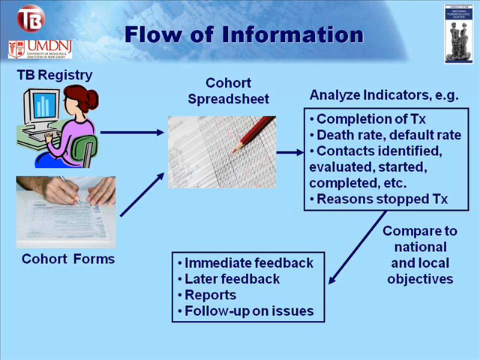Then, this one here is a manual spreadsheet, but you'd probably use a computerized one, and that would allow you to analyze the indicators, like the completion rate, death rate, default rate, the contacts who were identified, evaluated, started, completed, etc., and any reasons for stopping treatment. And after you've analyzed that, right there in the meeting, you can compare how you're doing to the national and local objectives and talk about what things are going well, what things aren't, and how you may be able to